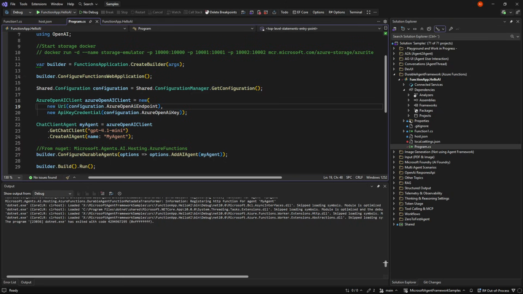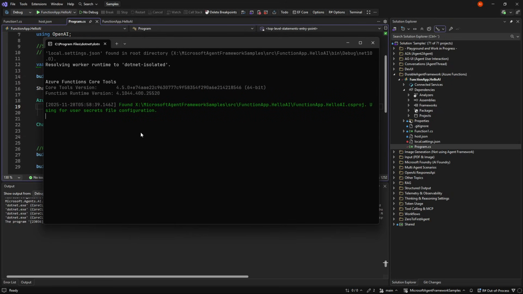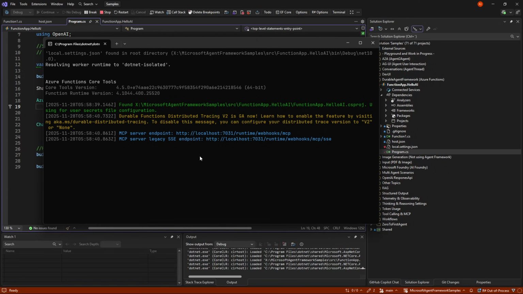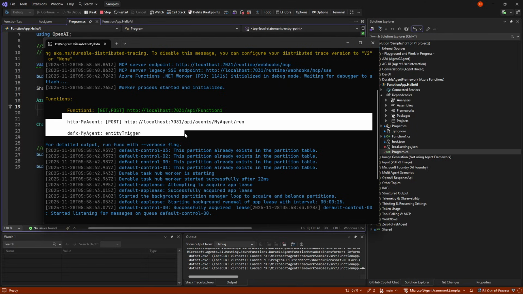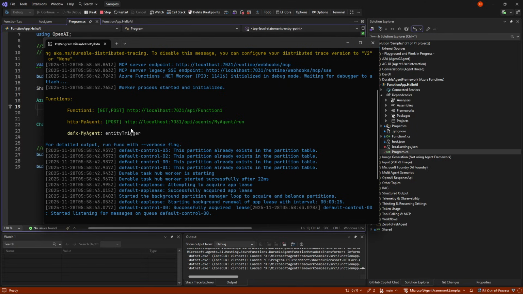like the MCP server that also exists for Azure Functions, spin up some more endpoints on your Azure function. So if you run it, we will see that we get it both as MCP and as the normal function, but here we have the new thing, which is the agent. So the agent just has a URL like an Azure function has, and it's always POST.